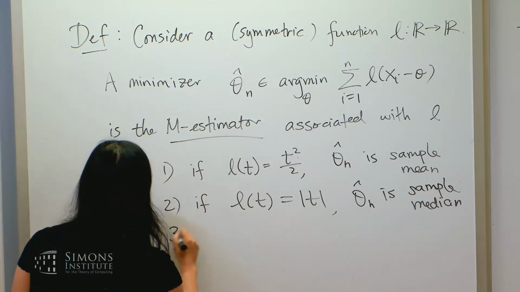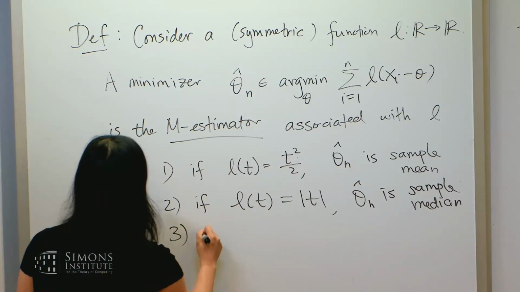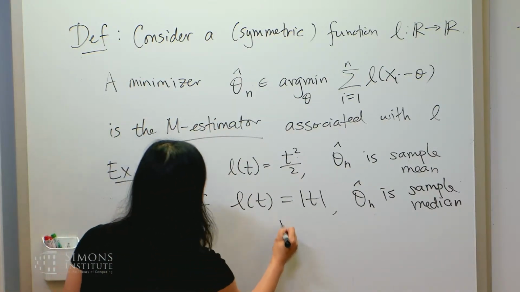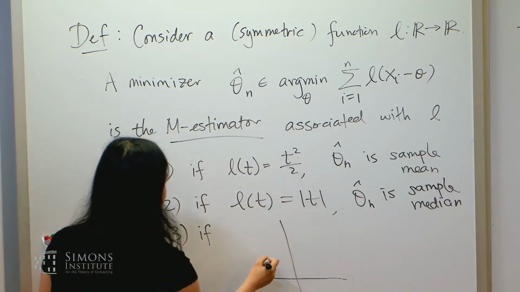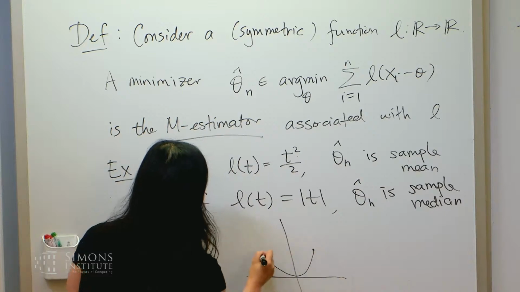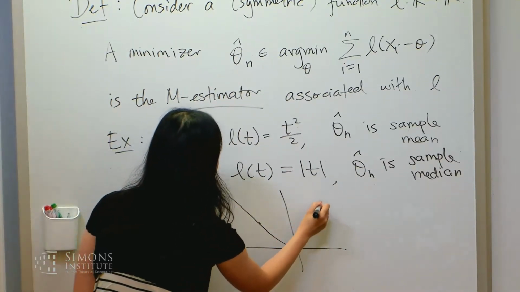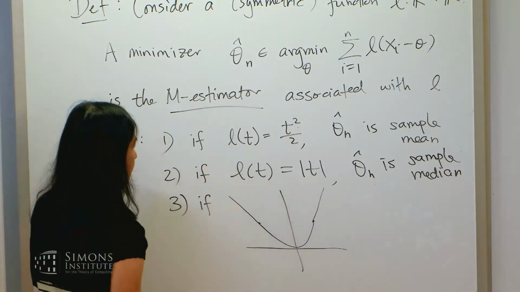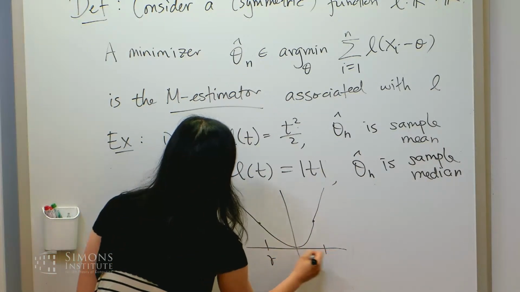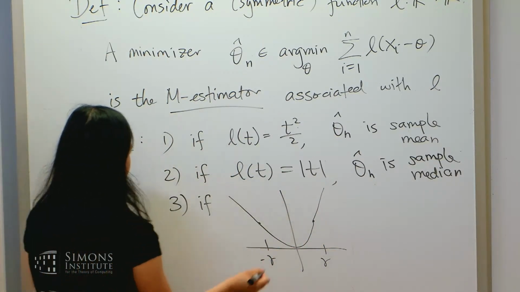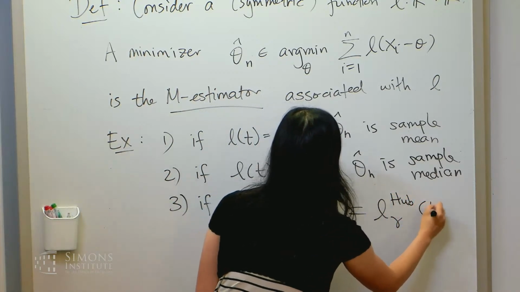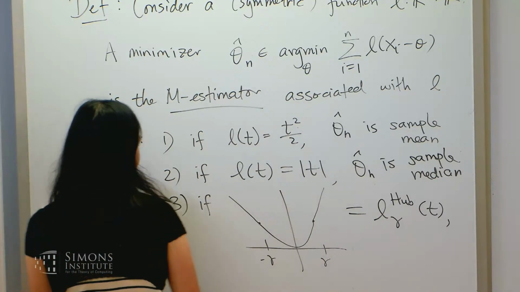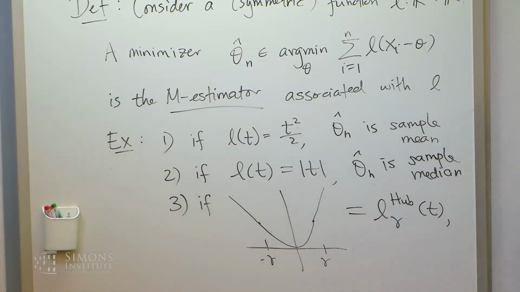And then what is going to feature more heavily in what I'll talk about, there's one more estimator, and I'll draw it first. This one sort of starts out like the quadratic, and then it looks more linear. It's quadratic, and then it's first-order differentiable, so it becomes linear after that at some point gamma. This is called the Huber estimator. So if this is L gamma Huber of t, then we have the Huber estimator. Let me write out algebraically what that is.